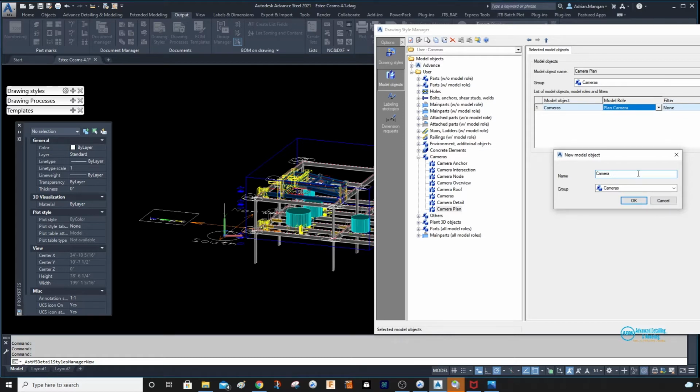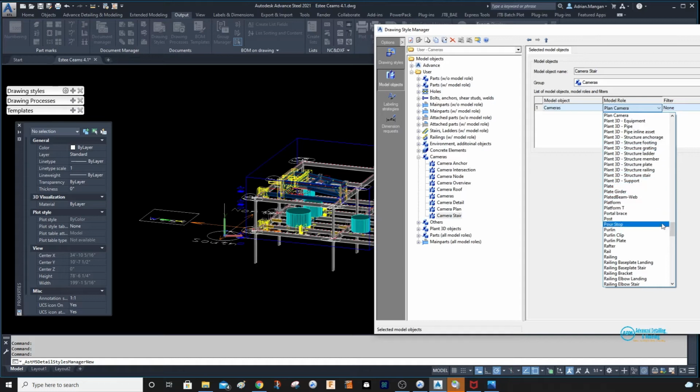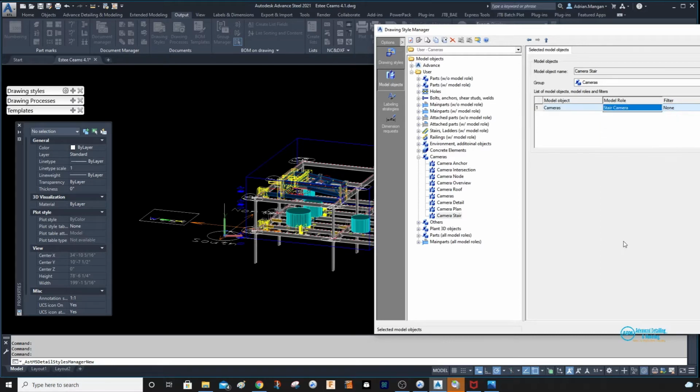So stair. Okay, camera, okay. And now we want to change that to stair. Let's see if we got them all right. We did. Okay. So now we have the 4 of them there. So we're good to go. So now we need to go into our drawing process, which I guess,